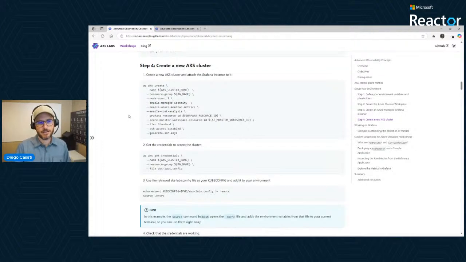Originally, when I designed this course or updated the original content from Russell Pina, I had this with two nodes because I was planning on doing some other things, and maybe that's an update in the future. But for now, just one node is fine. Again, we're not going to be hammering this cluster and looking at performance benchmarks. We're actually interested in understanding telemetry. So one node is fine. You can change that if you're inclined to do it.